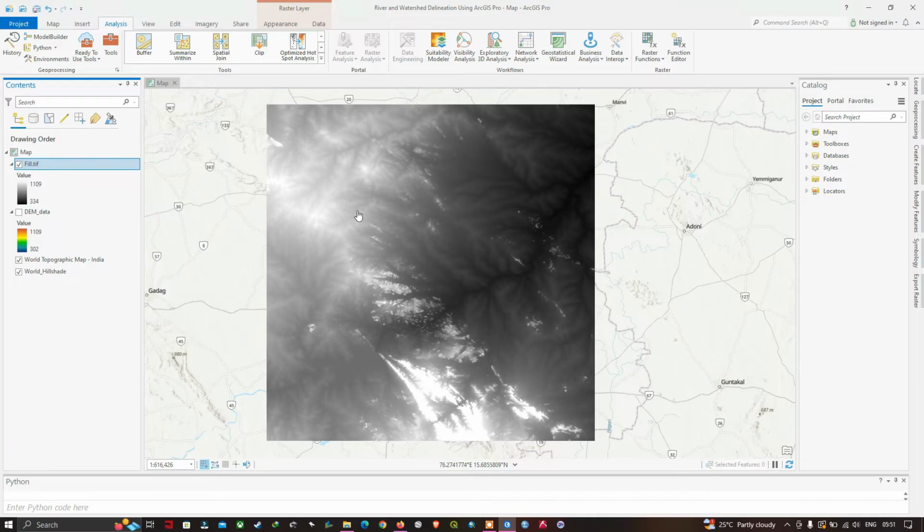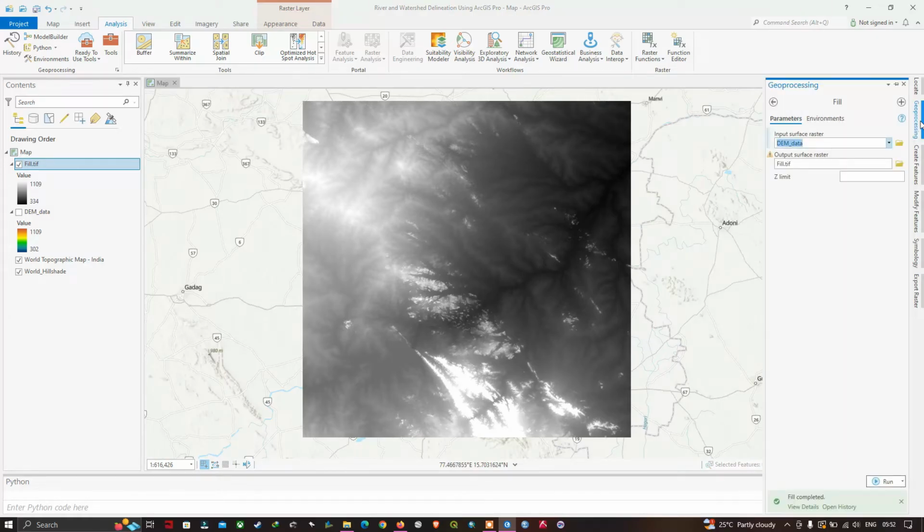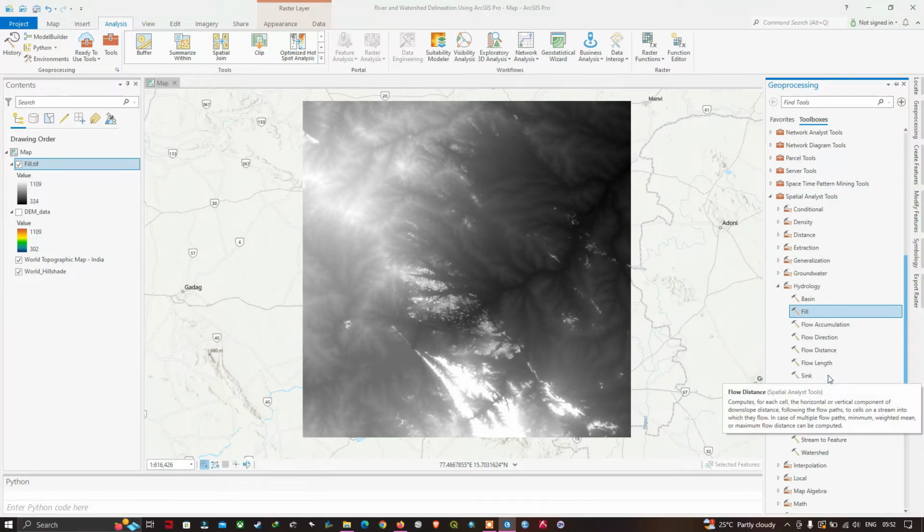So next we have to create a flow direction raster here. So what we can do is go back to our geoprocessing tool. We have to navigate to the option called spatial analysis tool. In that you can see the tool called flow direction here. So click this tool,